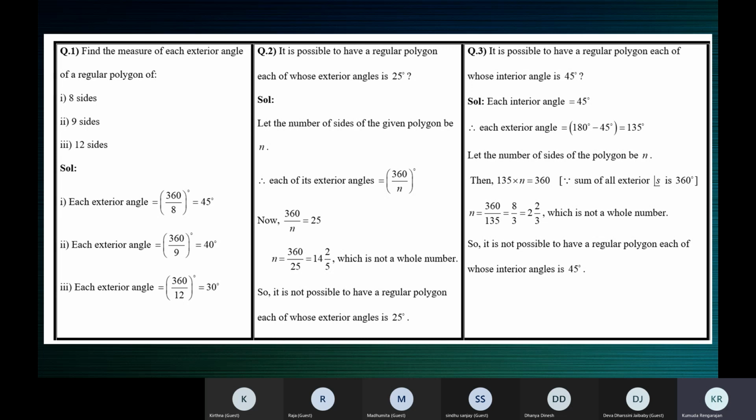So when we take an irregular polygon with 12 sides, it'll have 12 interior angles. Since each angle will have different measures, one of the angles can be 45 degrees. But what we're trying to understand here is that there is no regular polygon whose each interior angle is 45 degrees. There can be a polygon one of whose interior angles is 45 degrees, but there is no regular polygon whose each interior angle will measure 45 degrees.